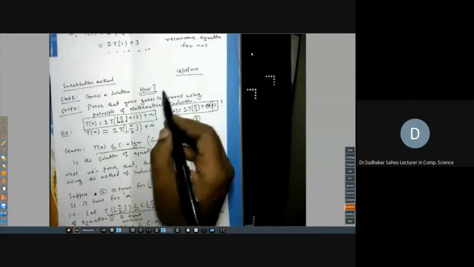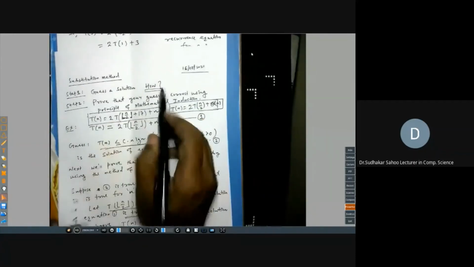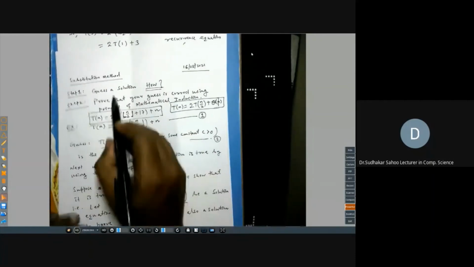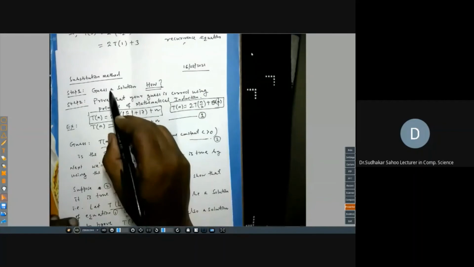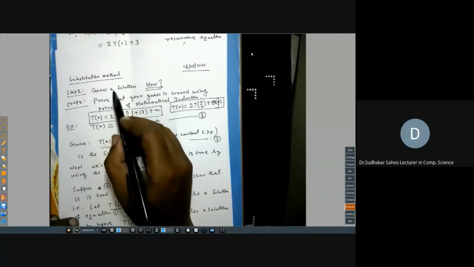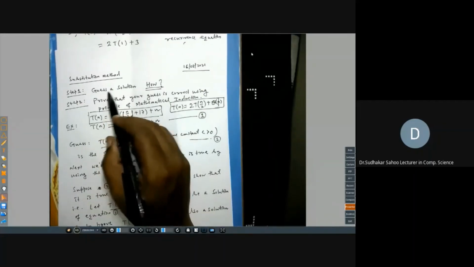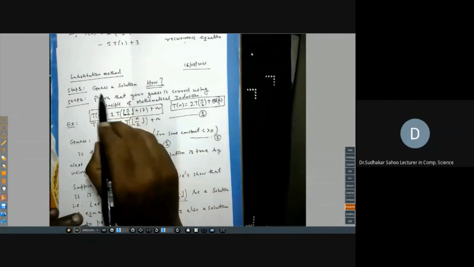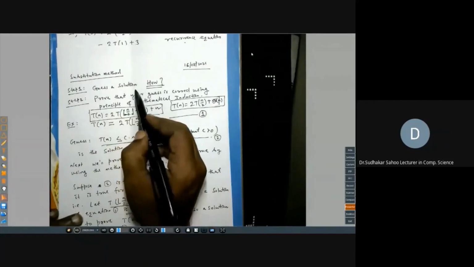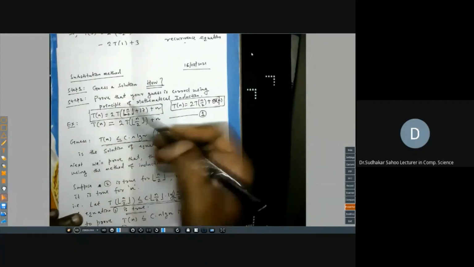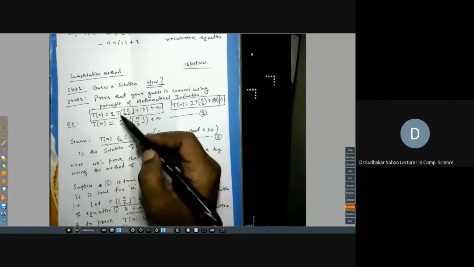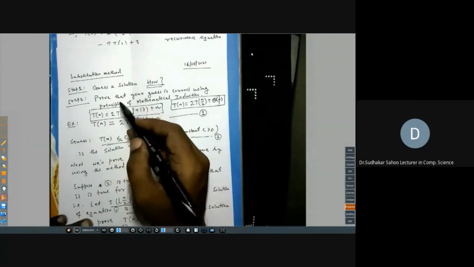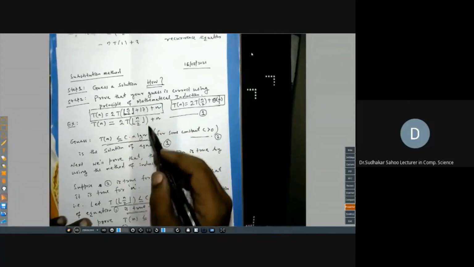So that's why I'm saying that there is no exact policy that will guide you on how to guess. But still, some other methods will help or guide you, or your previous experience will guide you on how to guess correctly. That's why you try many problems, so that if a new problem comes, you can guess it correctly. There are many exercise problems in your book. You try